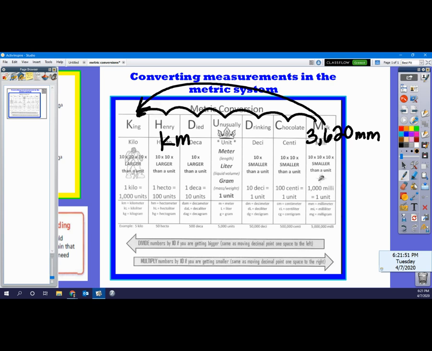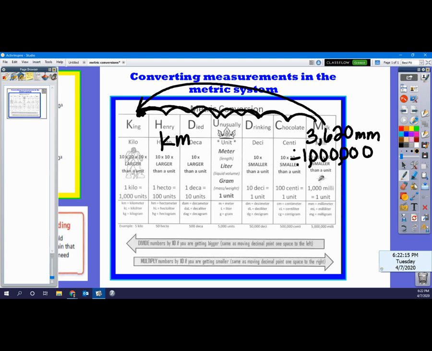So that means I'm going to be dividing by 6 zeros. 1, 2, 3, 4, 5, 6. So there's a 0 for each jump. So because I'm jumping 6 times to get to kilometers, then I'm dividing by a number that has 6 zeros,